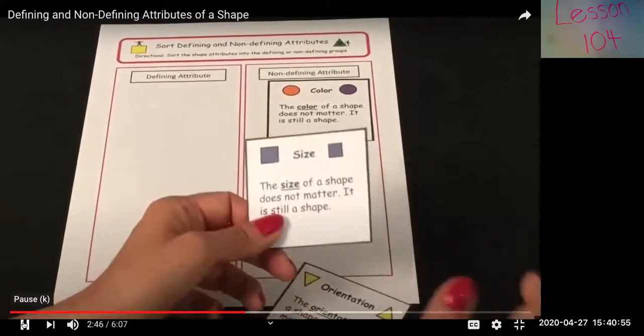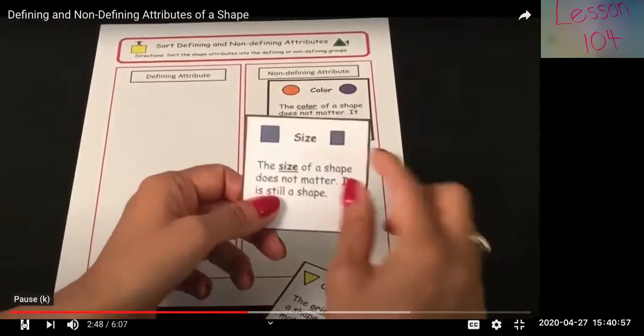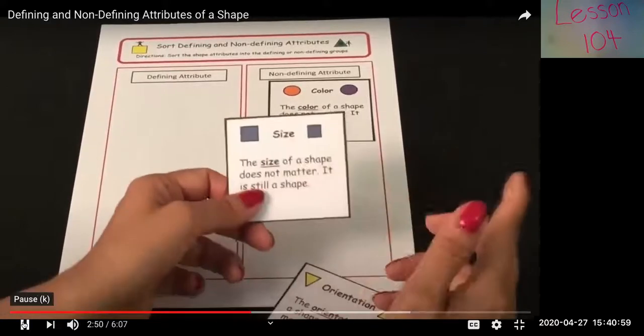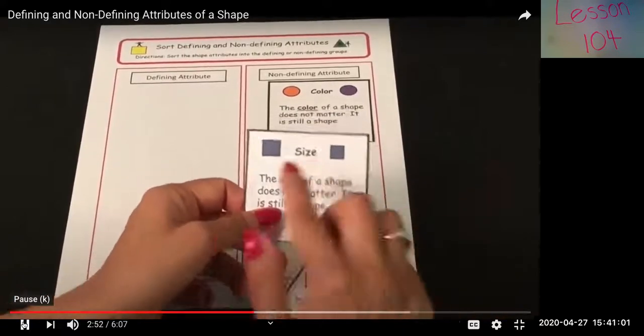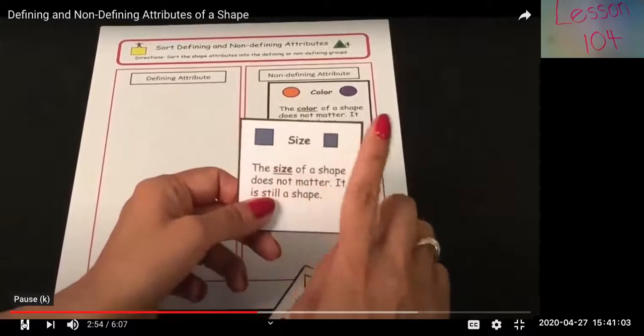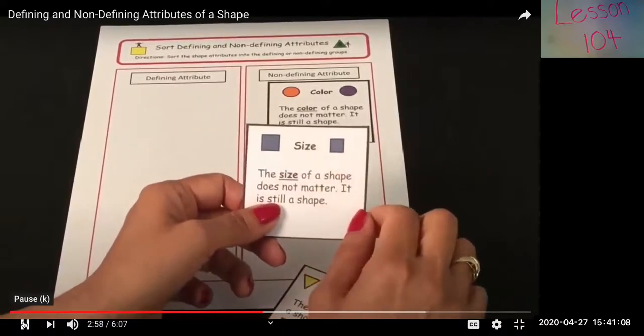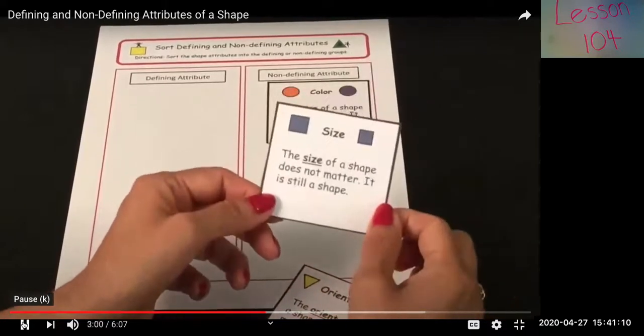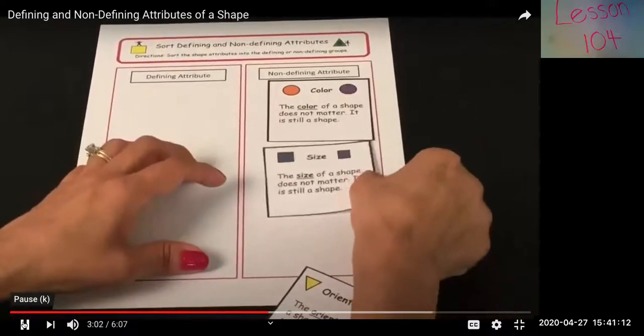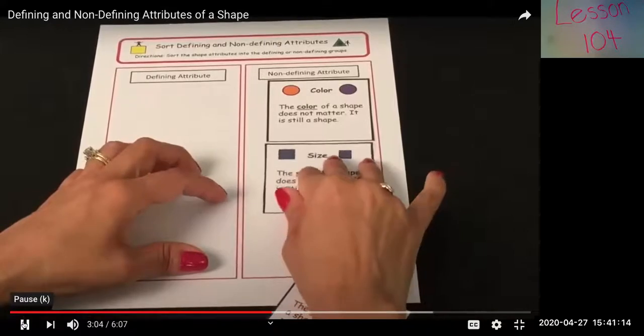Now think about this. If you've seen a square, a small square and a big square, it's still a square. It doesn't matter what size the shape is, it is still a shape. So size is another non-defining attribute. It doesn't matter what size it is, it's still that shape. Okay, and the third